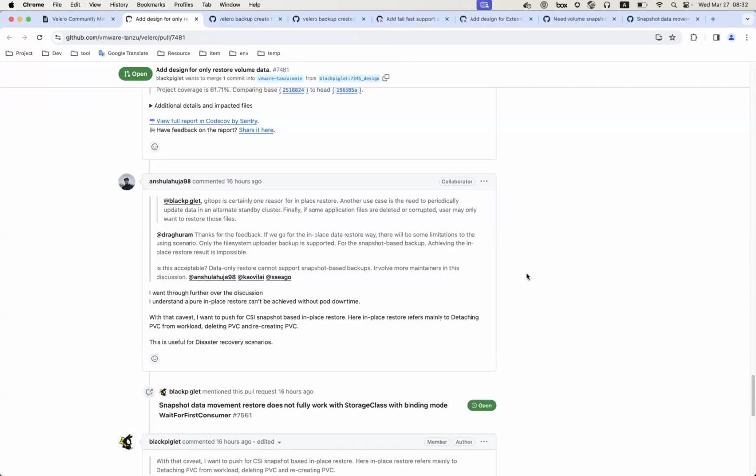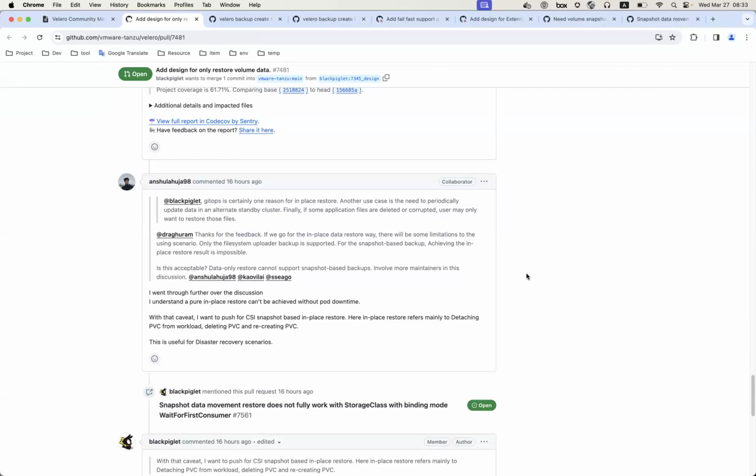So it should be able to work for data movement and for file system backup, but the actual implementation is going to be a little bit different for those two, possibly because of the way we handle that. But maybe not. Maybe it just works seamlessly. I'm just not as clear on that. Yeah, I think if CSI data movement is included, then that's the sweet spot, and we can have a different design for local CSI snapshots in place. But CSI data mover,